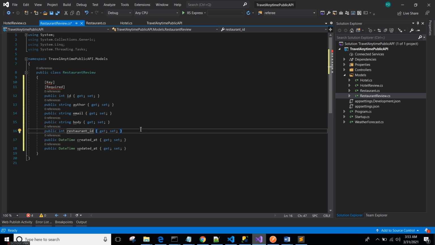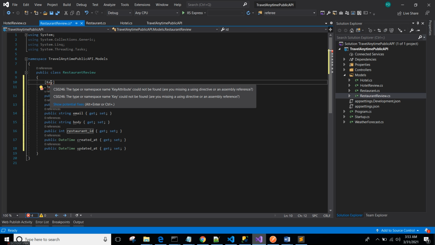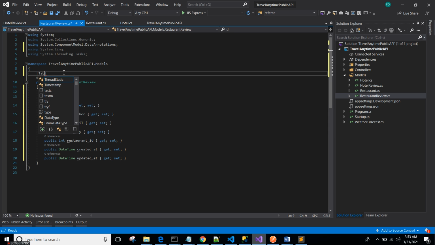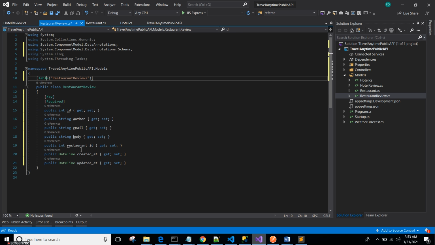Nice. Okay, restaurant ID. So I want to annotate the class as a table. It's a table of restaurant reviews, and bring in the necessary using. I also want to define this restaurant ID as a foreign key that represents the restaurant for whom we are